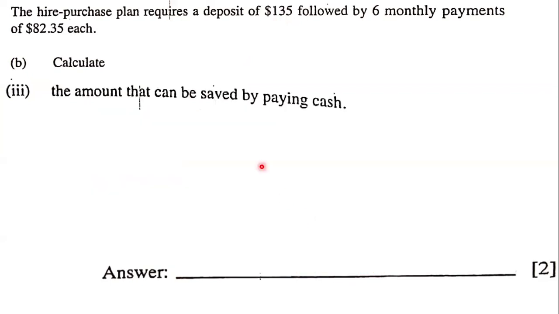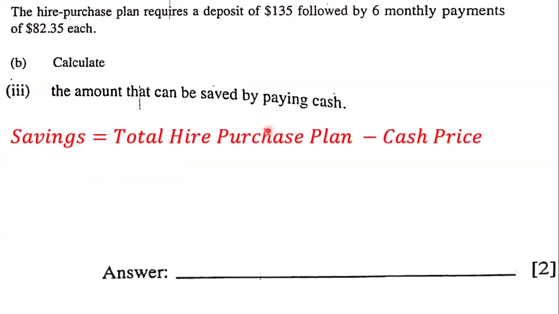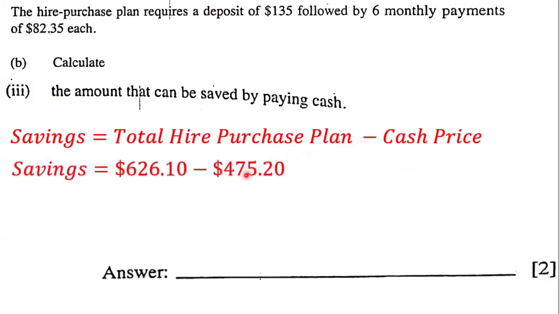And finally, they want us to calculate the amount that can be saved by paying cash. Remember that in order for us to determine the amount that can be saved by paying cash, well, what do we have to do? We have to take our total hire purchase plan and subtract the cash price. Now, what is the cash price? The cash price is